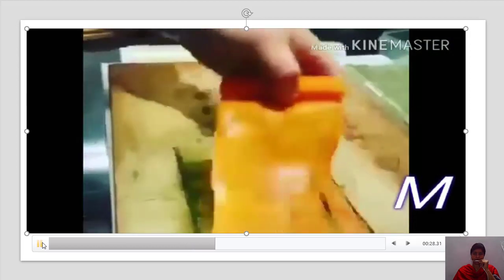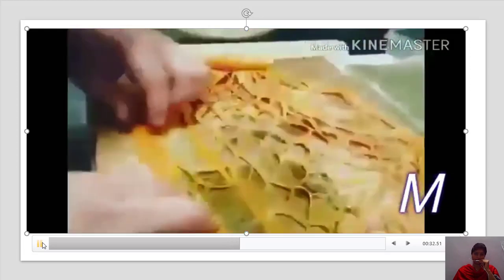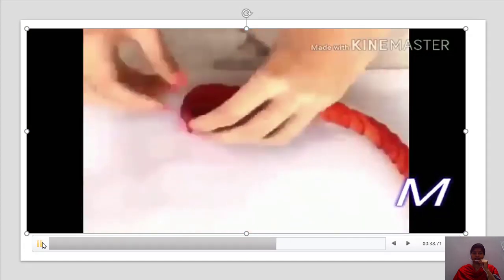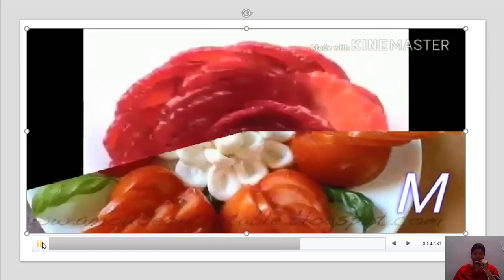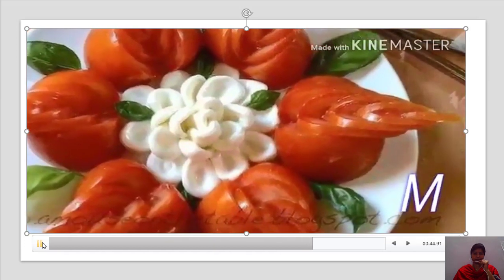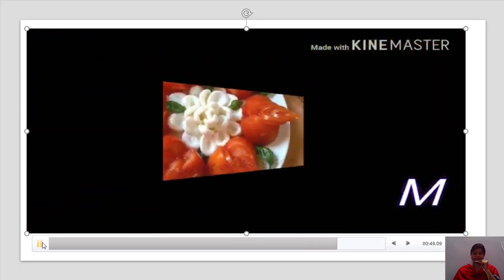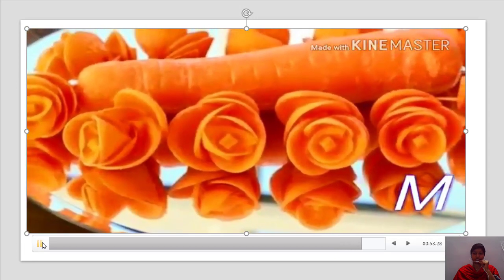He is using carrot to make a decorative item. Strawberry. Make a rose. Yeah, see the beautiful flowers with carrot.